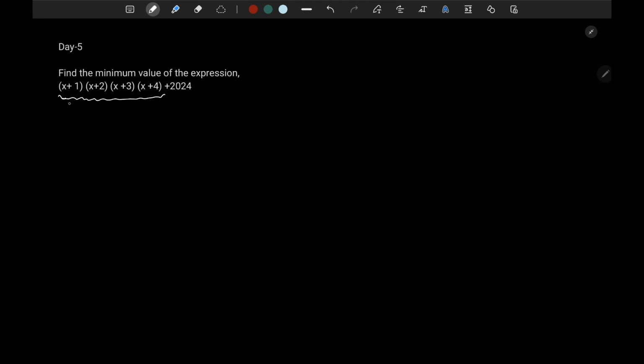You can see that if this is your term 1, this is your term 2, this is your term 3, and this is your term 4, they are in AP, or arithmetic progression. Why? Because x plus 1, this plus 1 is x plus 2, this plus 1 is x plus 3, and this plus 1 is x plus 4. So the common difference of this particular AP